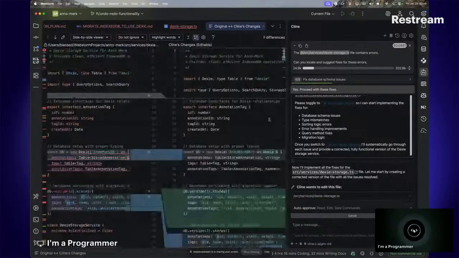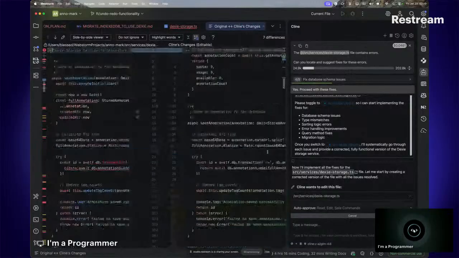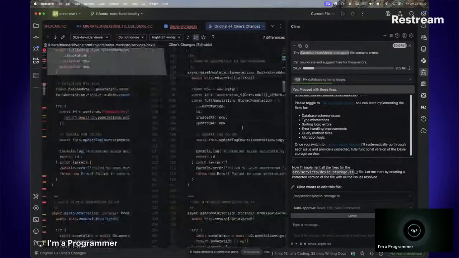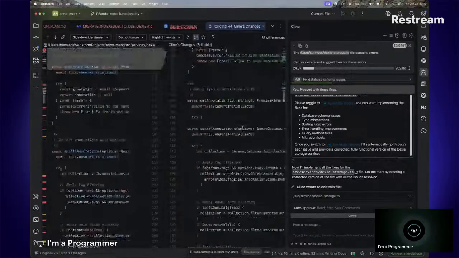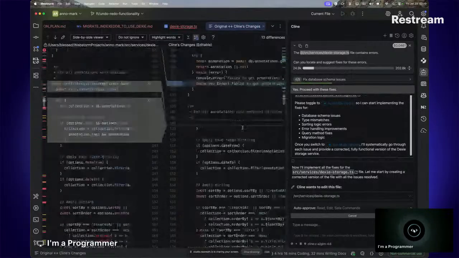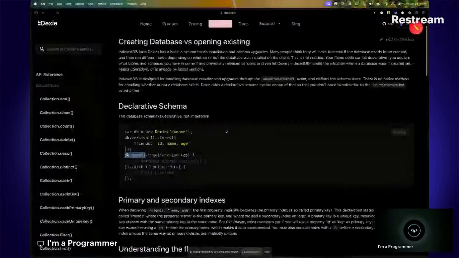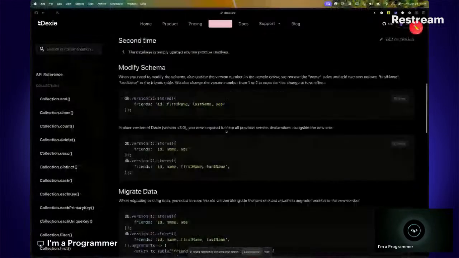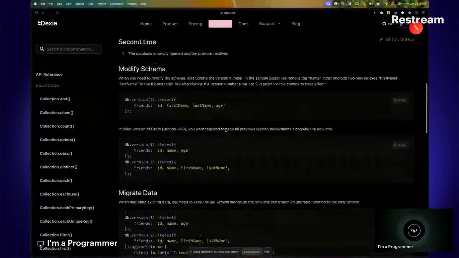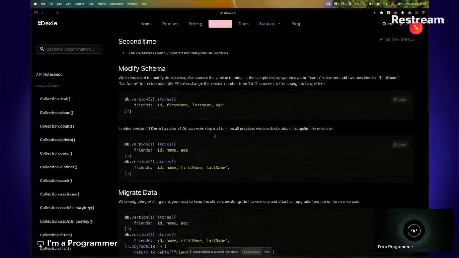So the first thing it did is understand that yeah, you use Dexie like this, so you get all the full methods properly implemented. That's fine. So yeah, that is it. Dexie also has a type, which is what you should have implemented. First of all, it didn't do that. That becomes a problem. Now for the versioning I was talking about, it says